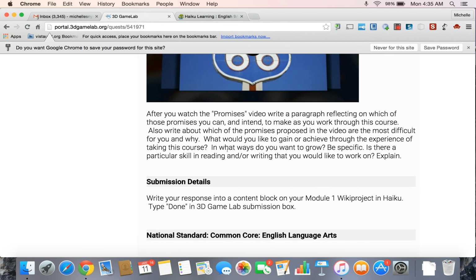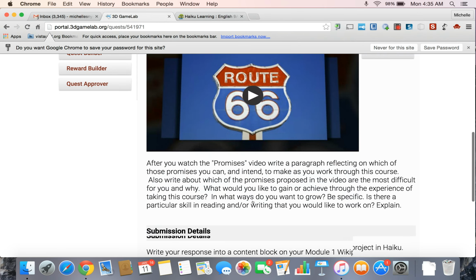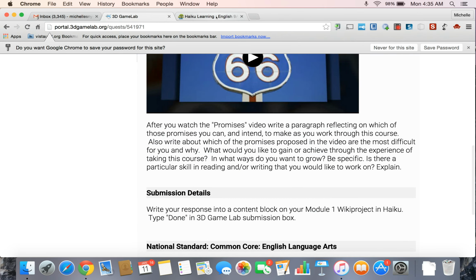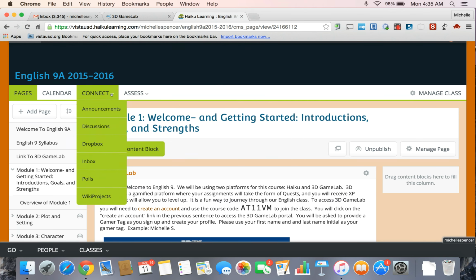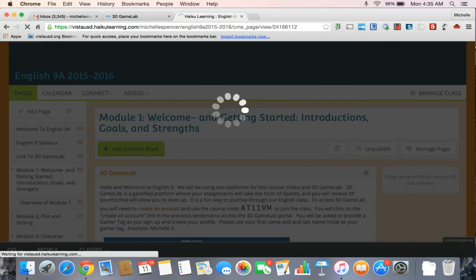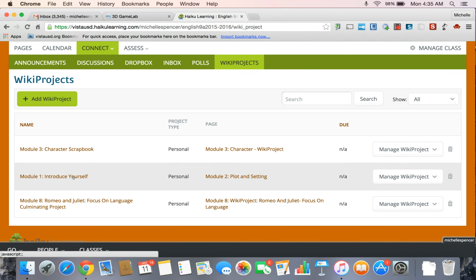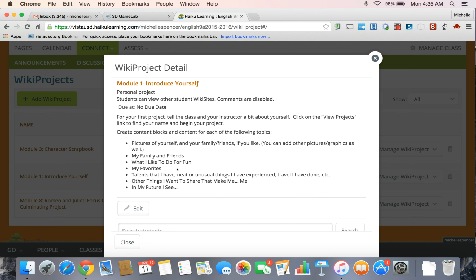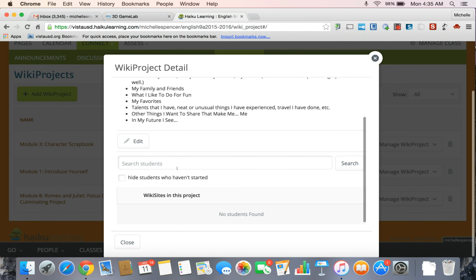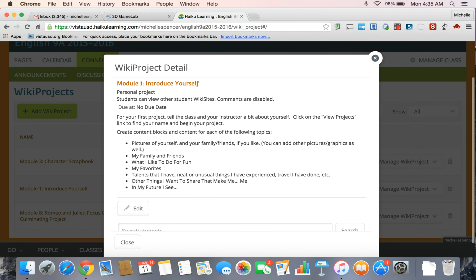So to show you what this might look like, after you watch this video and you follow these instructions, you'll go back to Haiku and you're going to click on Connect and you're going to go down to Wiki Projects. And you're going to go to the Module 1 Introduce Yourself Wiki project. And once you click on that, once I have students enrolled in the class, you'll be able to go through and find your Wiki project site and follow the instructions here for